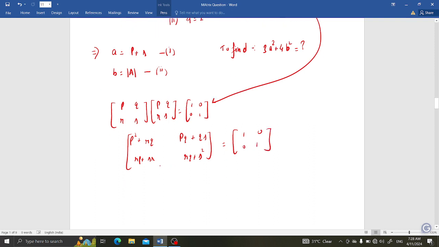Now we are comparing, because this is a 2 cross 2 matrix. If two matrices are equal, then their corresponding entries have to be equal. It means that